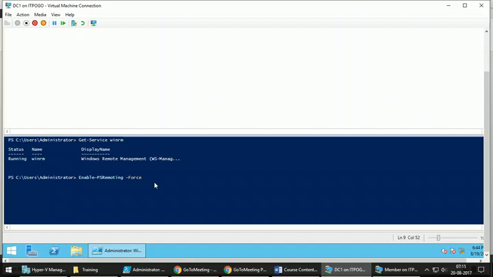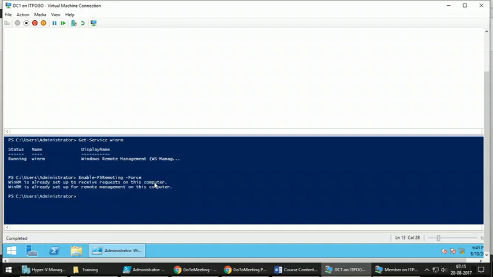Another thing it will do is enable the ports, as remoting works on port numbers 5985 and 5986. But since it is already set up on this computer, it is saying it is already set up.